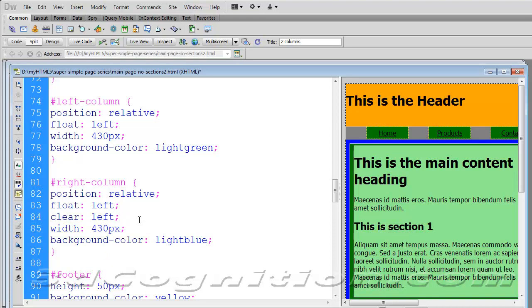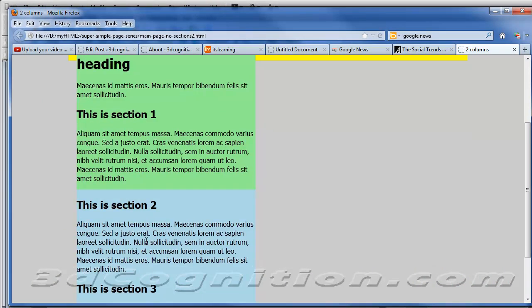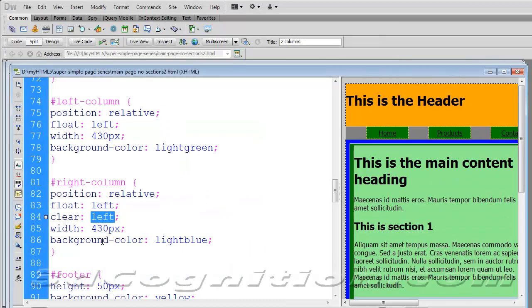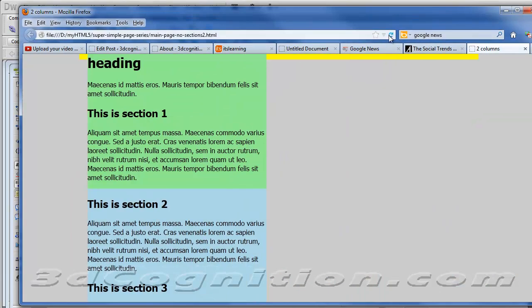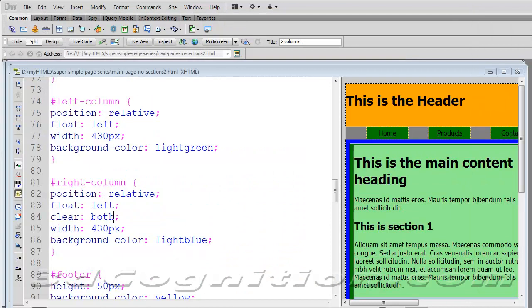That means start a new row. And let's refresh the screen, and it does start a new row. So I could start rows anytime I wanted to just by using clear left, or another way to do it, because sometimes you're using float rights, you can do clear right, or you can do clear both. And let's save that and refresh the screen, and it works too. Okay, so that's a little bit of the background that might help you understand what we're going to do to